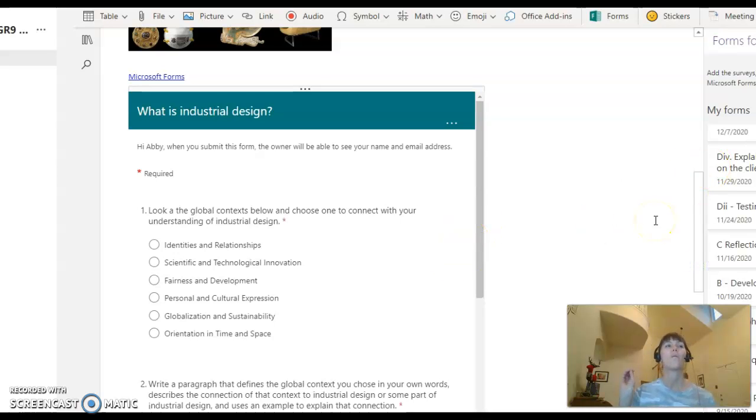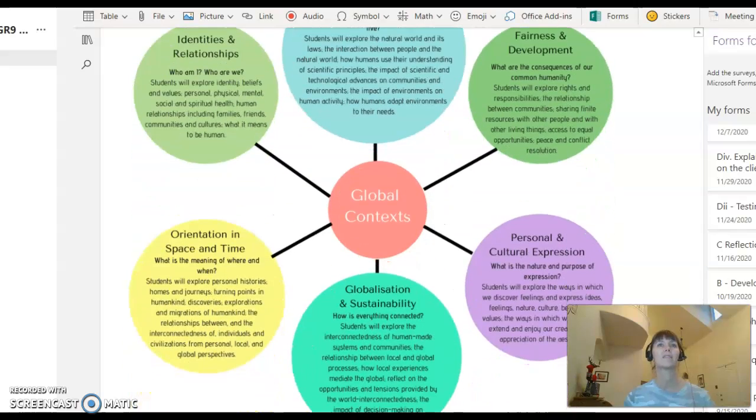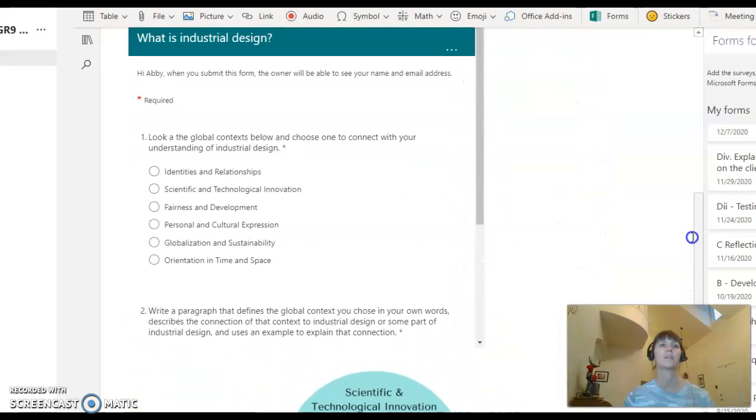decide what global context you think you can connect with industrial design. So, probably you can make a case for any one of these, but choose one. After watching and hearing more about industrial design and thinking about what we studied over the last Wednesdays, which of these really stand out to you as having a strong connection to industrial design? Or a part of industrial design. So choose one. To remind you, below I have an outline of what all of those global contexts mean